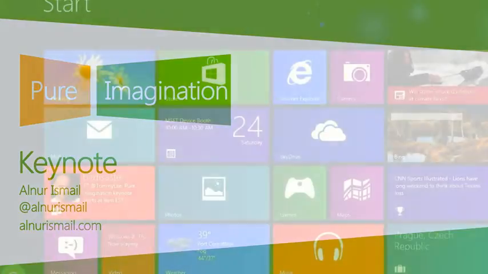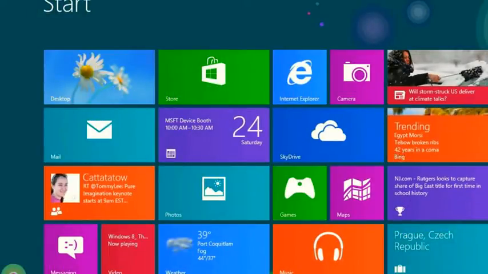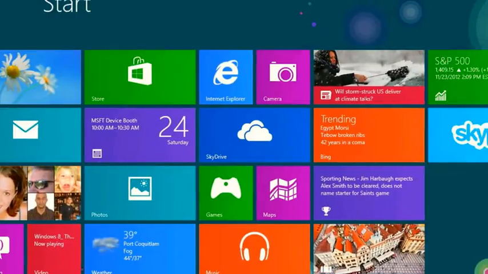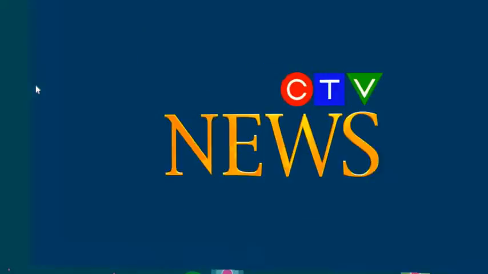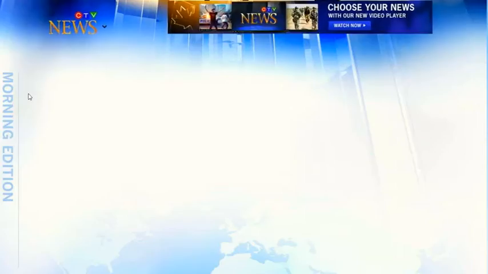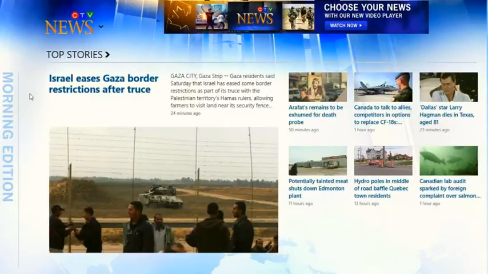The first app I'm going to show you is actually the top-rated to date Canadian news app in the marketplace. Let me just get this mouse working. It is the CTV News app. This app was built using XAML and C#, and as you can see, it's got a great user interface